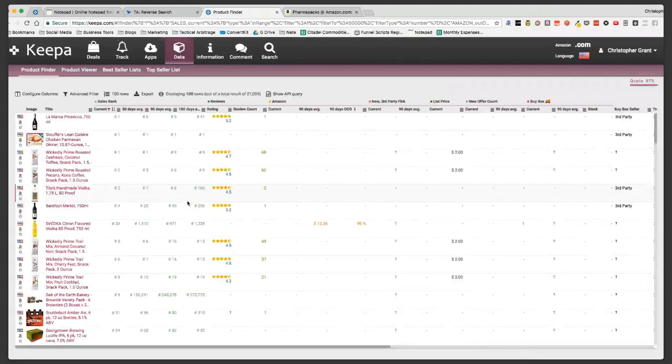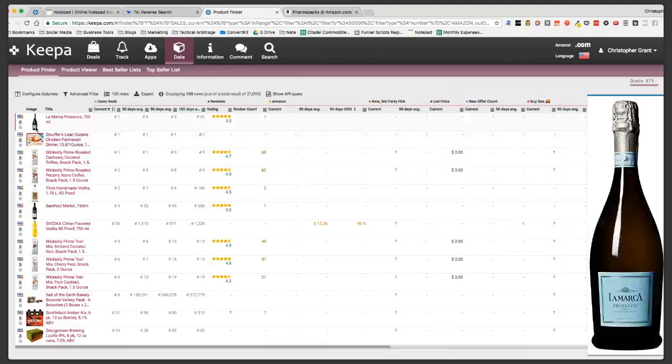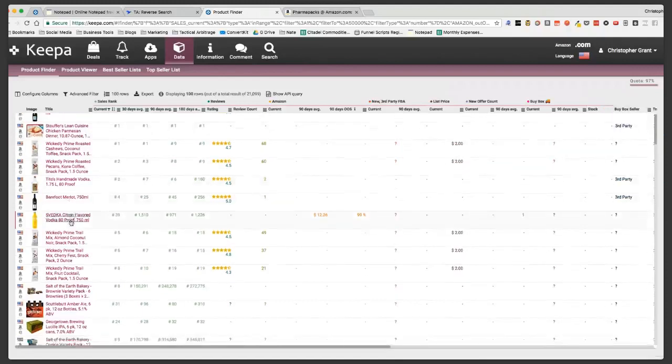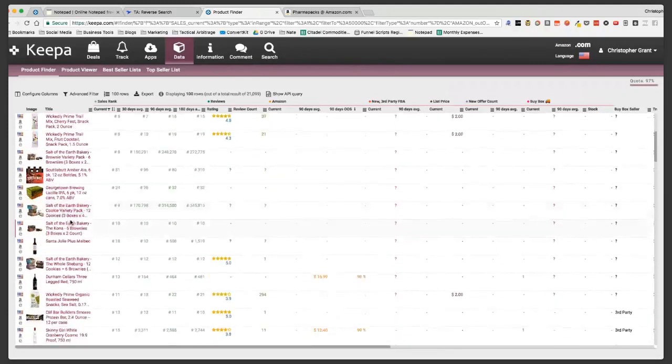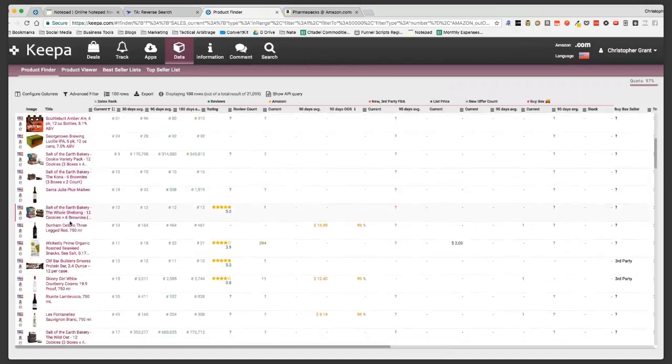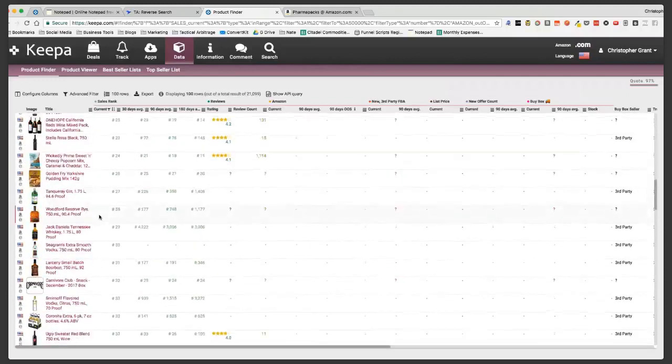Now what we're going to see is items that are all currently out of stock on Amazon. There's 21,099. Now, a lot of these say that they're ranked number 1. This is going to be in a subcategory as it's a bottle of wine. This is a bottle of vodka. So a lot of these are going to be no good. But if you look in some higher ranks, you're going to find a lot of items where you actually may be able to find what you're looking for. But all of these ASINs are out of stock.